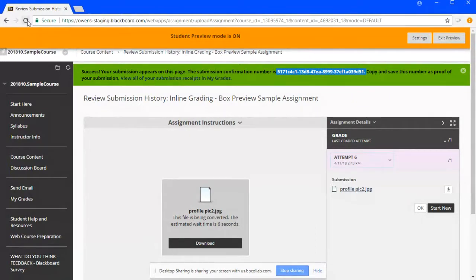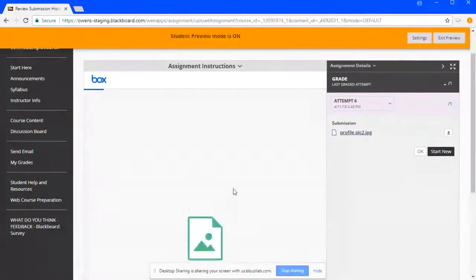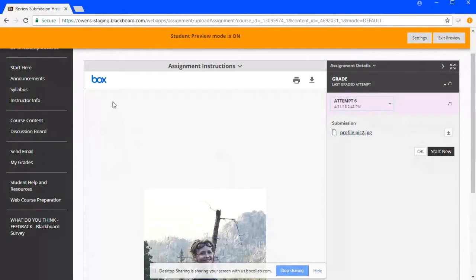But what you'll see here, and I'll have to refresh this screen because it's still being converted. This is the new Box feature. Box has a specific number of tools where you can use these to either put inline comments, highlight, or even draw on your students' assignments.